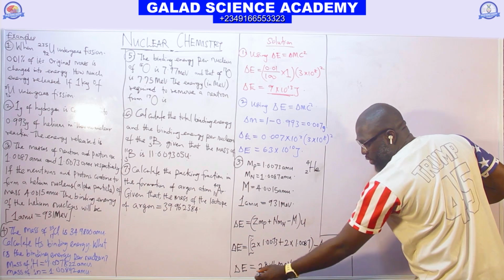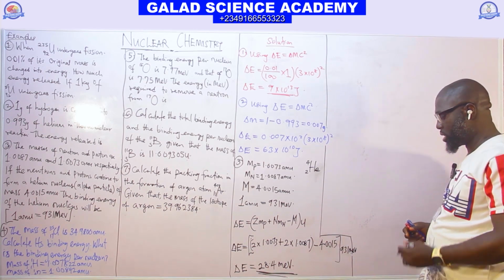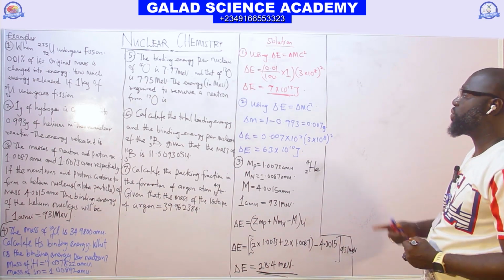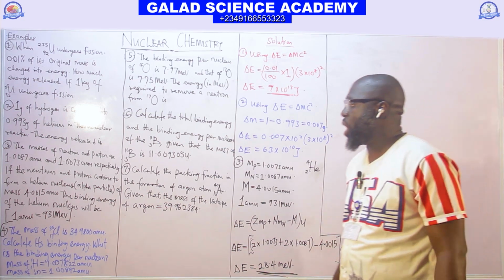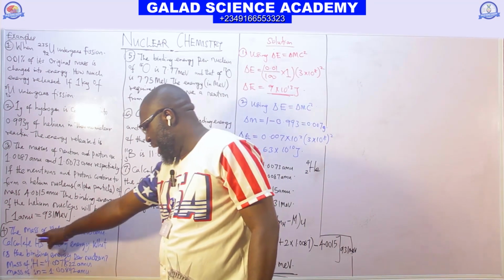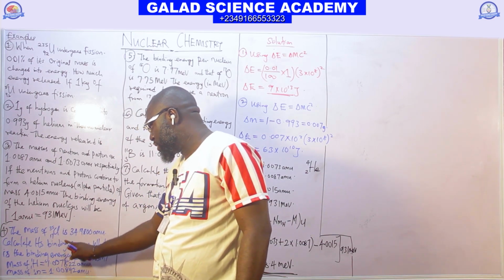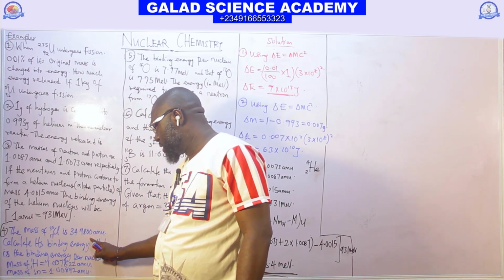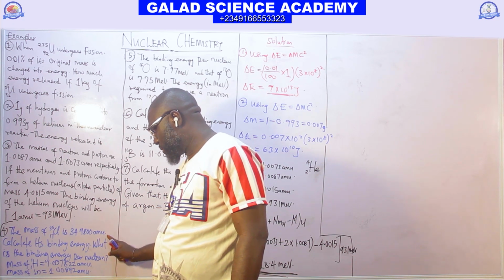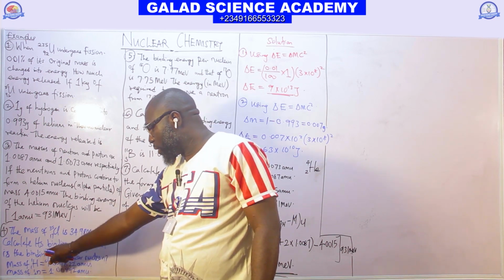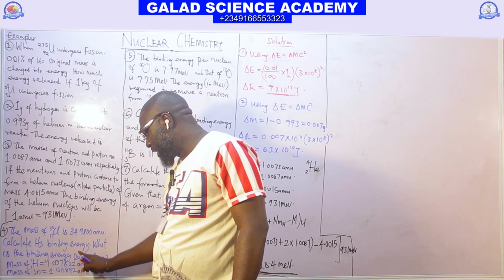That gives us this. So for the fourth question, we are given the mass of chlorine-35 is this. Calculate its binding energy